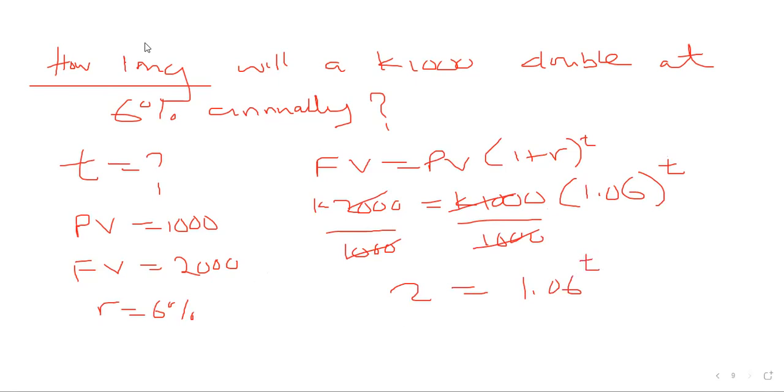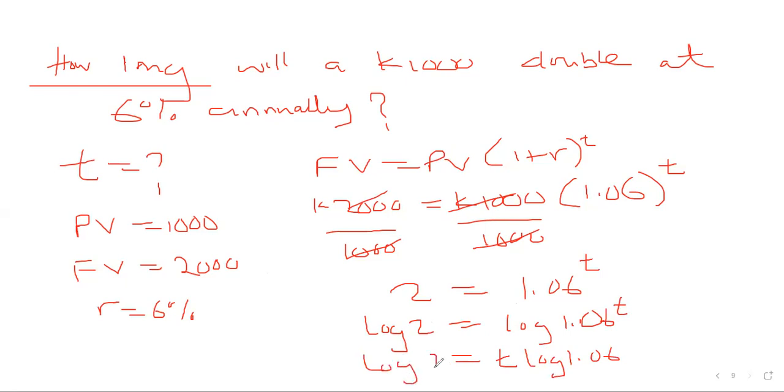Whenever time is unknown, we introduce logs. So here we have log 2 equals log 1.06 to the power time. So the time comes to the front, and we're going to have t log 1.06. To find our time, we're going to divide both sides by log